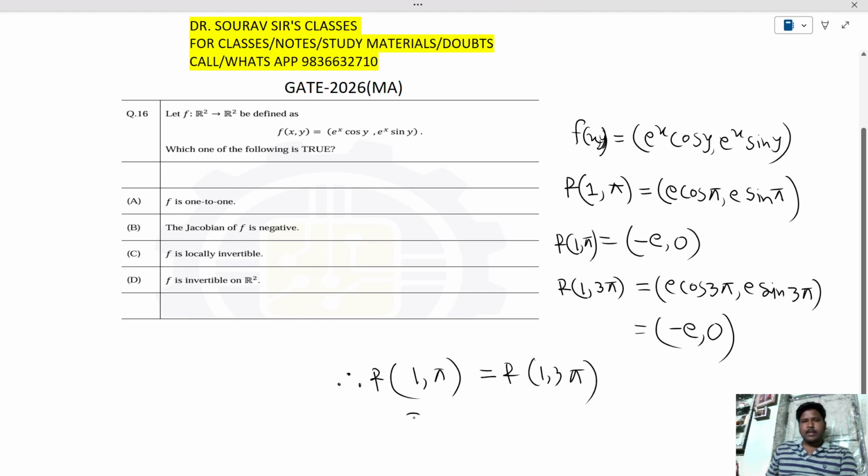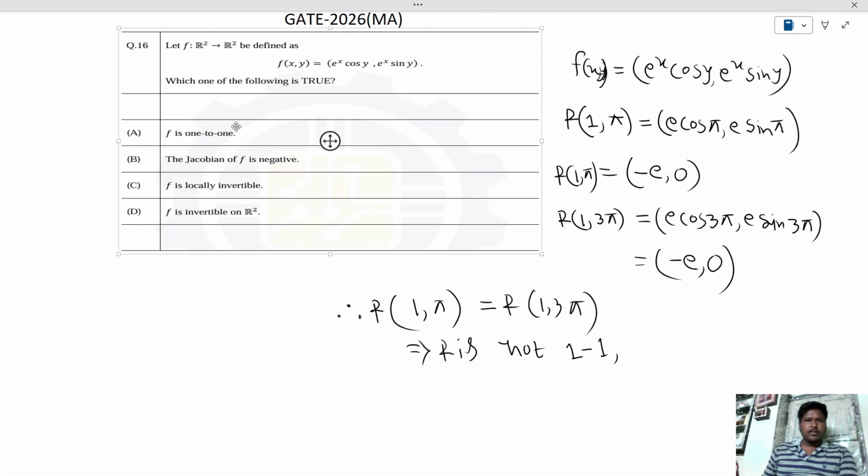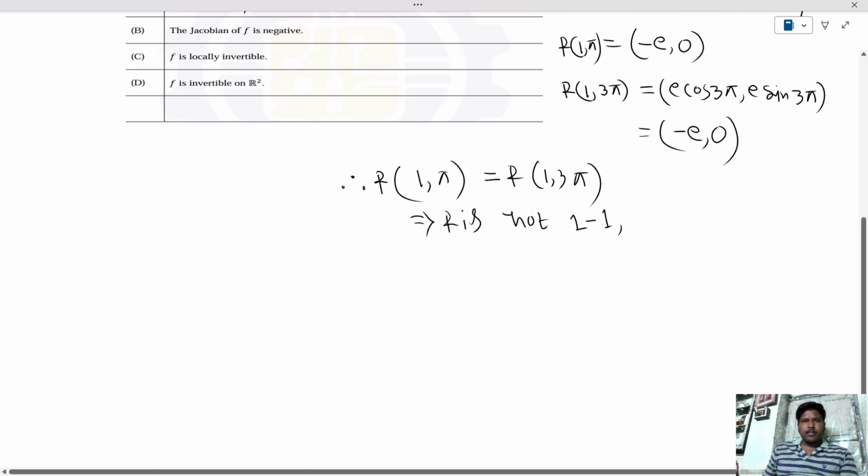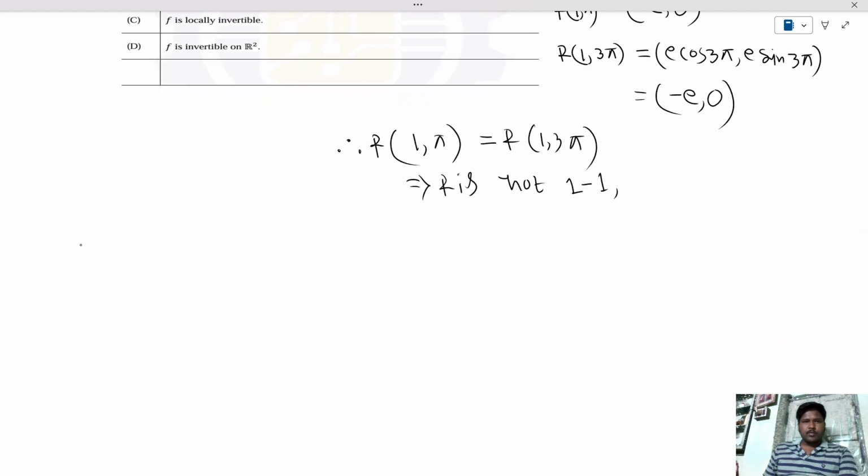So this implies f is not 1-1. Okay, so f 1-1 नहीं होगा. So पहला ऑप्शन, that means option A is wrong. Okay, next: the Jacobian of f is negative. So we will find the Jacobian. So Jacobian क्या होगा? So Jacobian is,